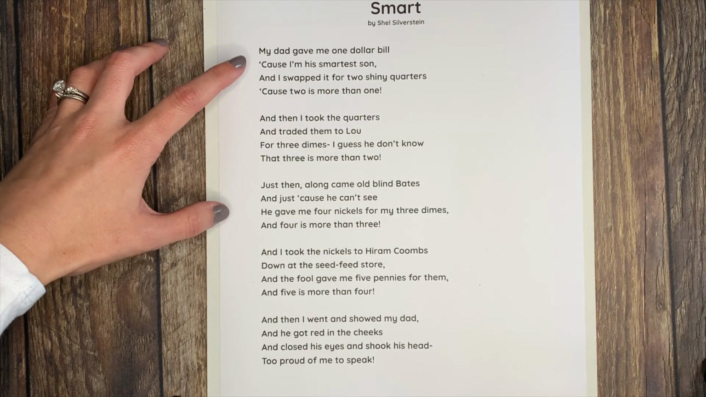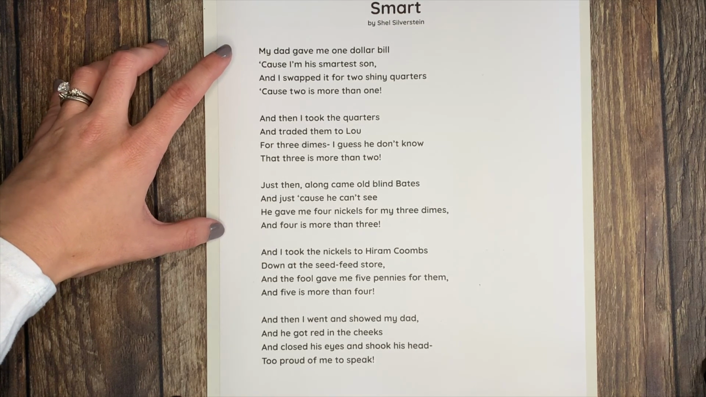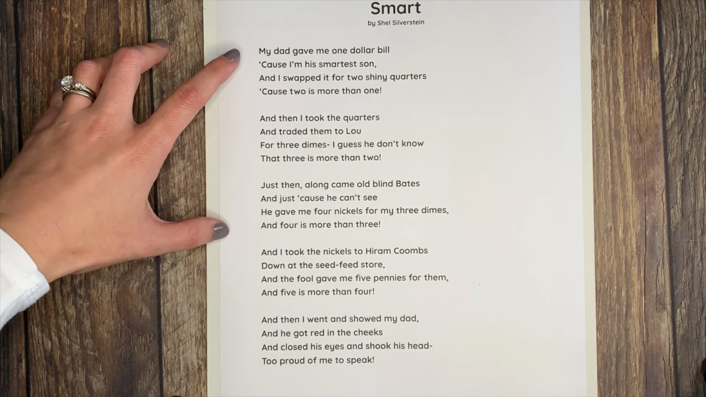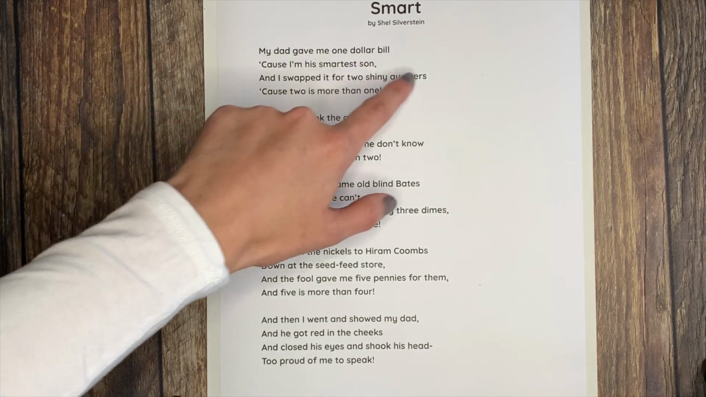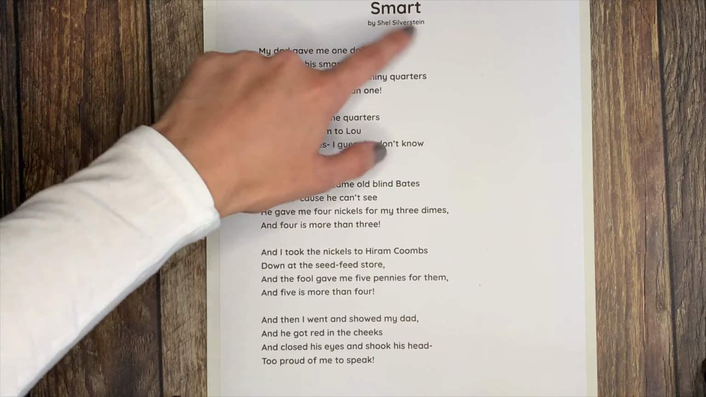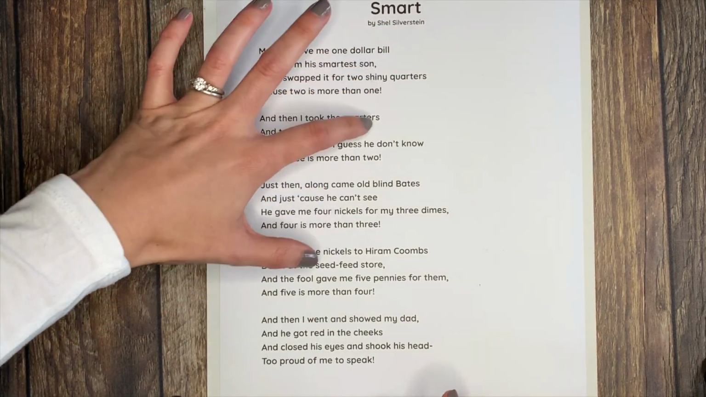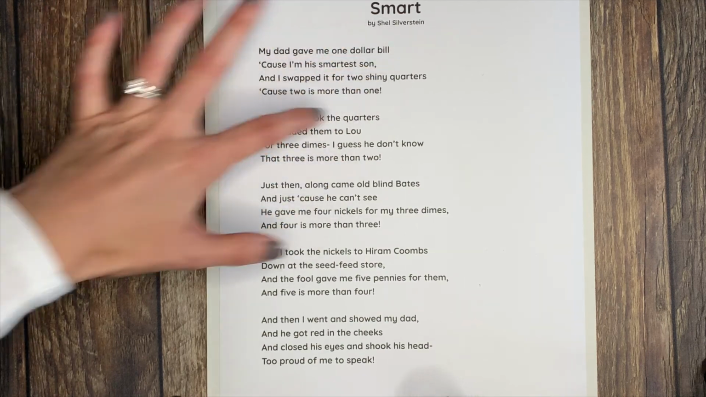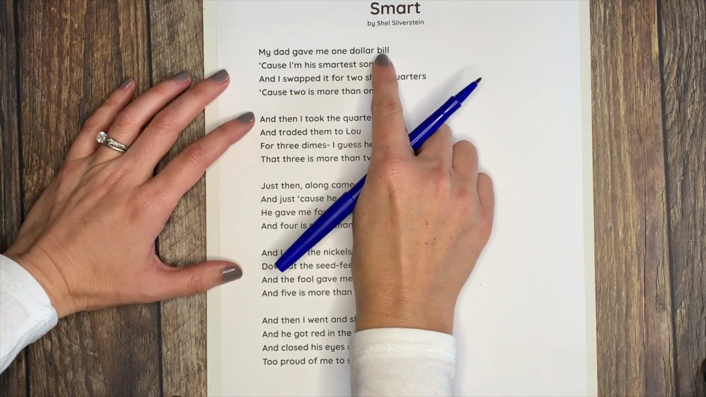I noticed a couple of rhyming words. Let's see if we can find them. Now, a lot of times in poetry, what poets often do is they will put words that rhyme at the ends of lines. So we're going to focus our attention on the last word in every line of poetry, just in the first stanza. Take a look with me, won't you? All right, so